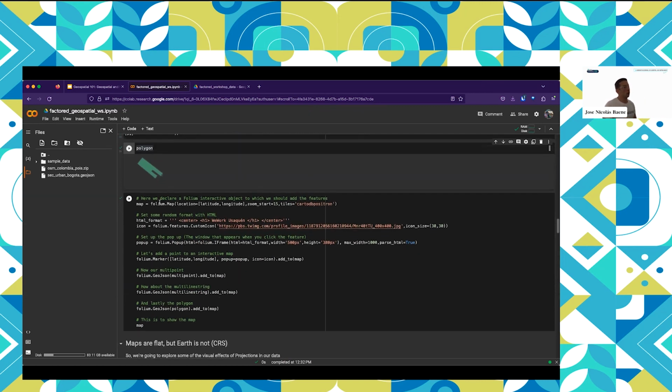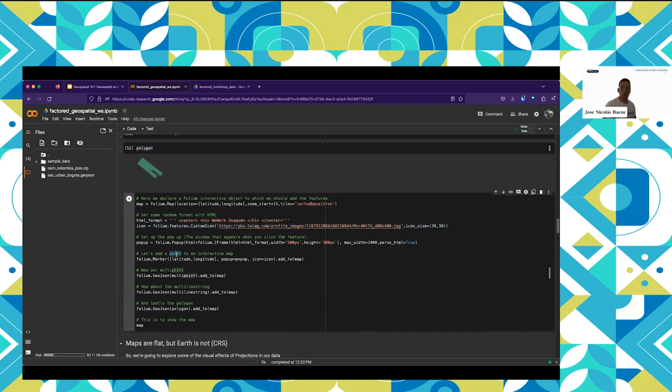So here, I'm going to use another library called Folium, which uses Leaflet to plot geospatial information. It's a very powerful tool, very interesting. I have set up a very general HTML format. I am calling an icon that you will see later what it is for. And I will declare a pop-up, which is like the window you get when you click something. And I will start adding my data.